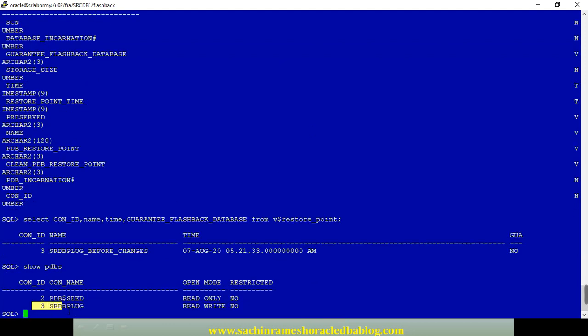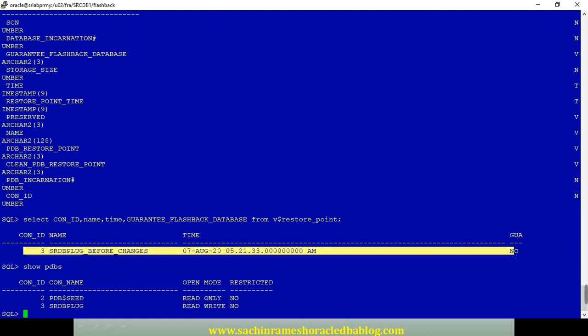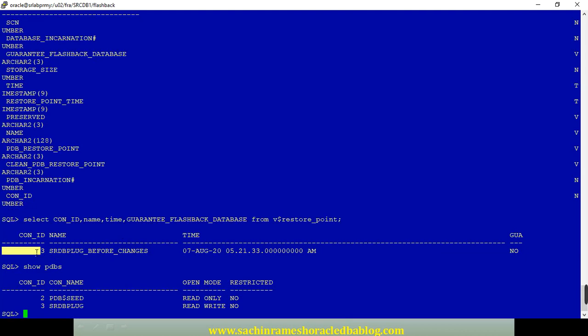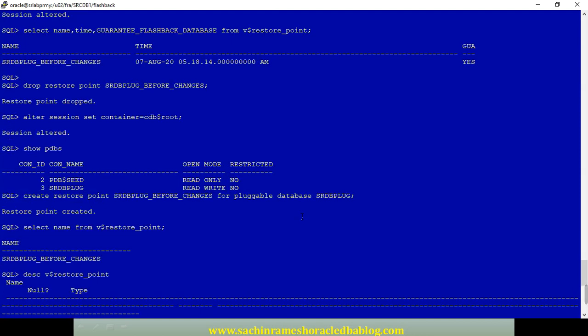This is the container ID. So where it is showing, here it is connected, created. So we have created the restore point from the root container level itself.